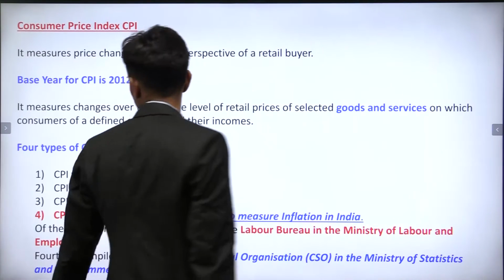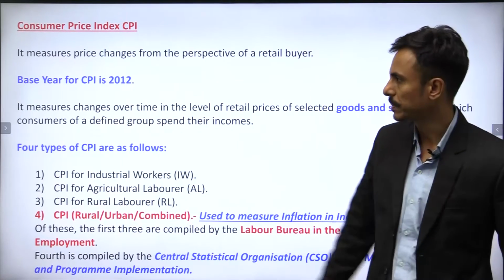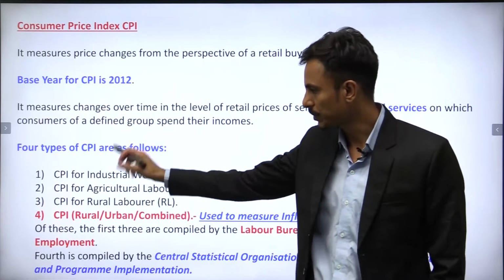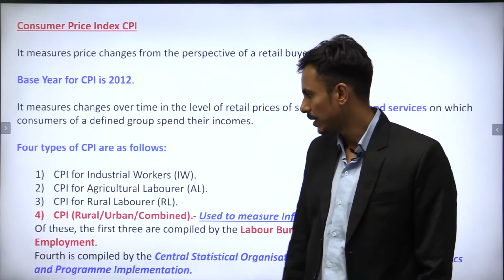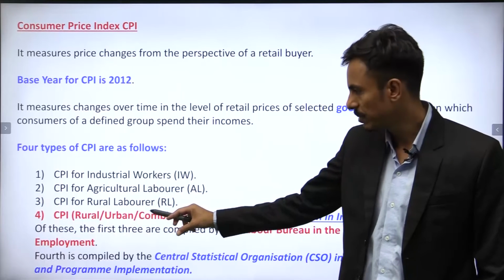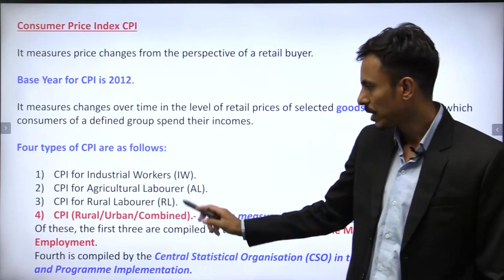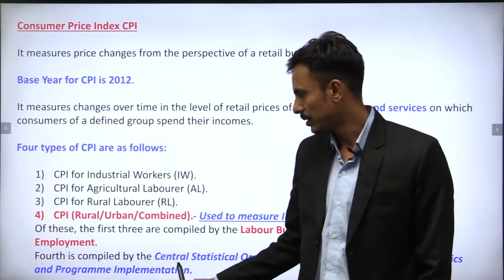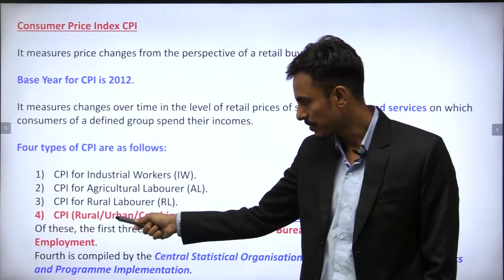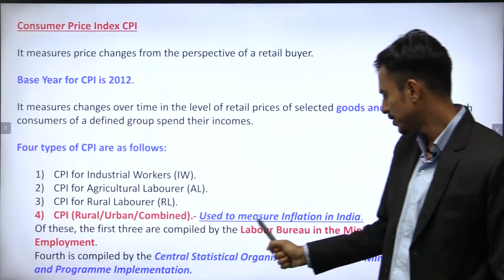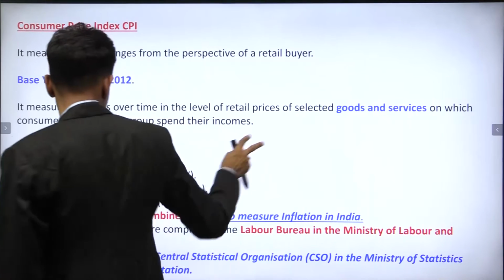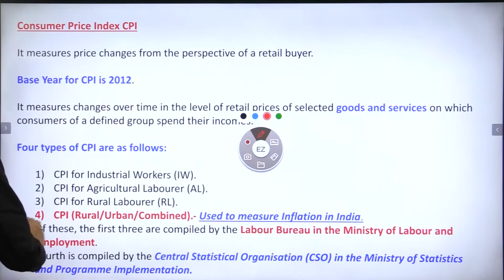Coming to the other details, the base year for CPI is 2012, and there are 4 types of Consumer Price Index, or CPI, as follows: CPI-IW or industrial workers, CPI agricultural labor, CPI rural labor, and CPI rural-urban combined. And this is something which is being used in measuring inflation in India. I repeat, CPI rural-urban combined is used to measure inflation in India,